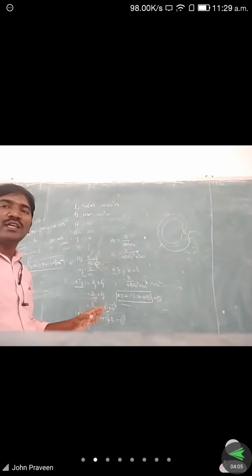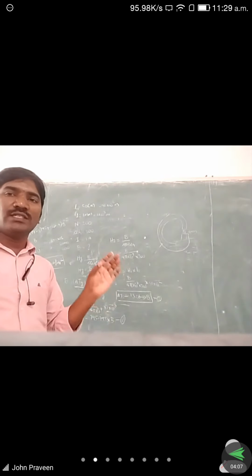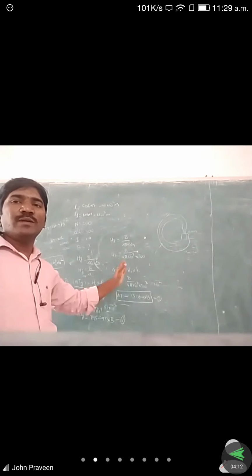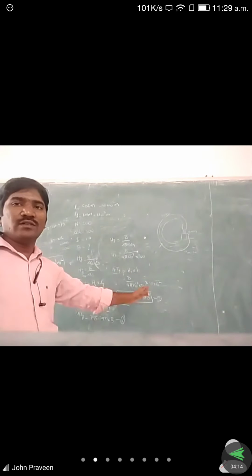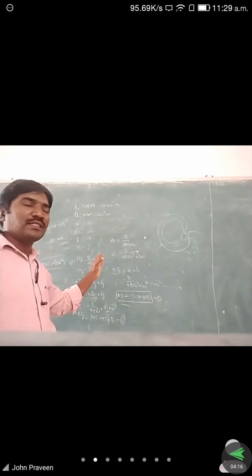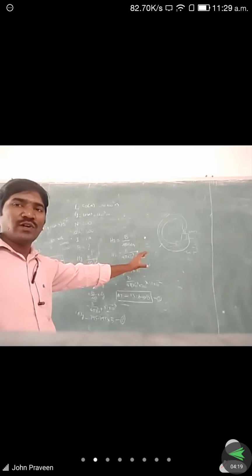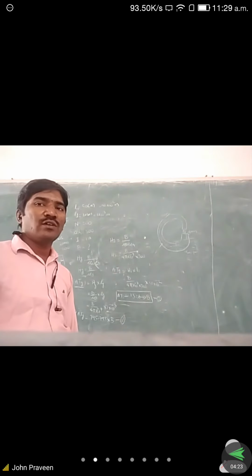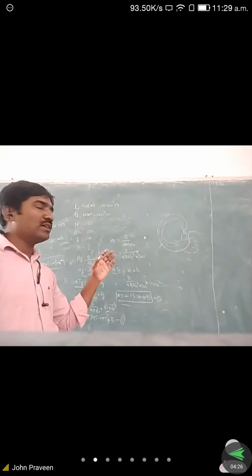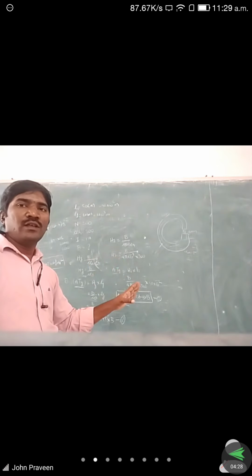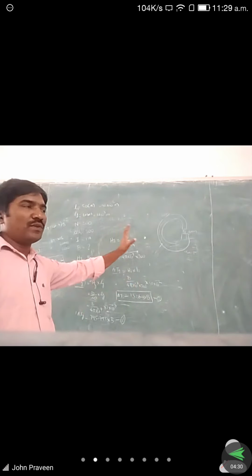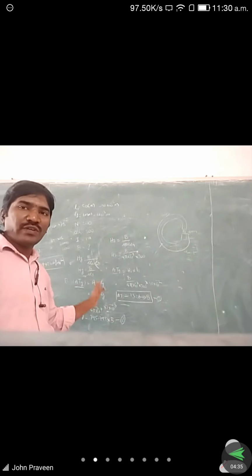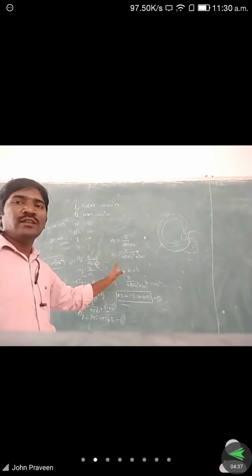Because of that, there is a need to find two things. One is the flux density for the core material, and at the same time for air also. Similarly, the force existing in the air gap, and at the same time the force existing in the core material. So these are the two things we want to perform. First we find for the air gap, then for the core material, and if we add them together, finally we get the value.